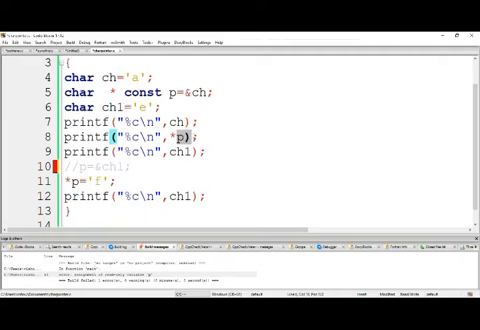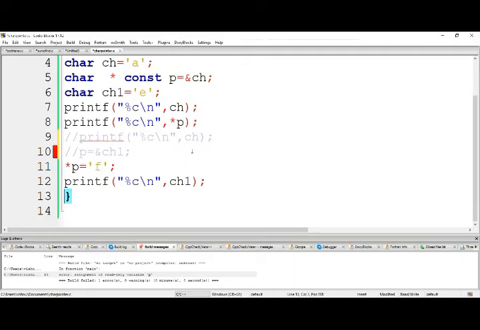Here, so now what will be the output of this program after this one? Can anyone let me compile this one. I'm going to compile this one.